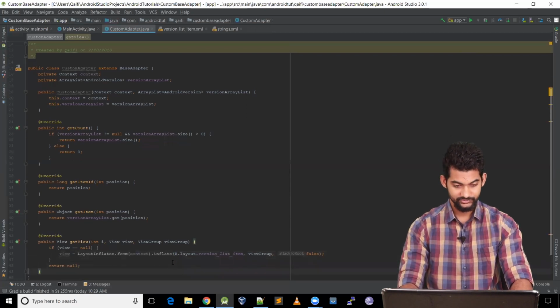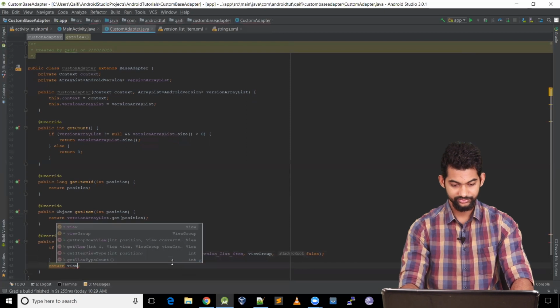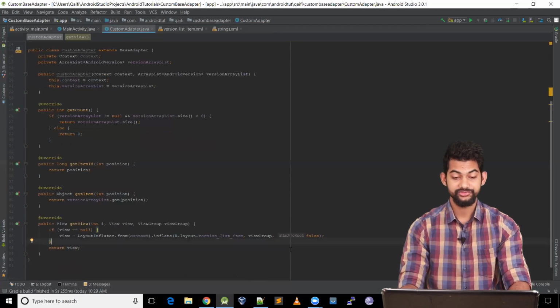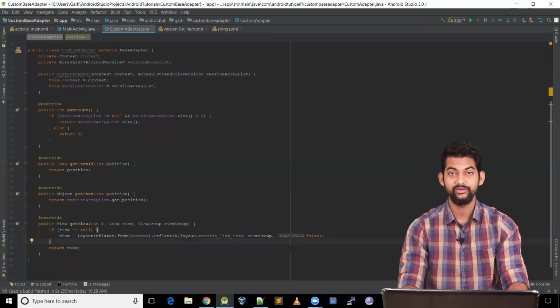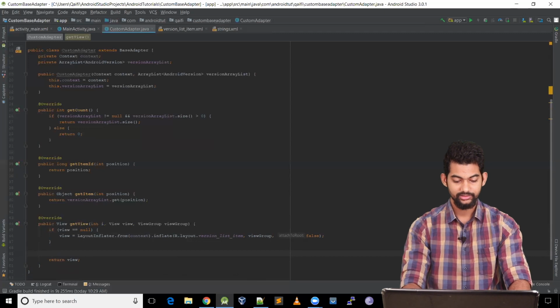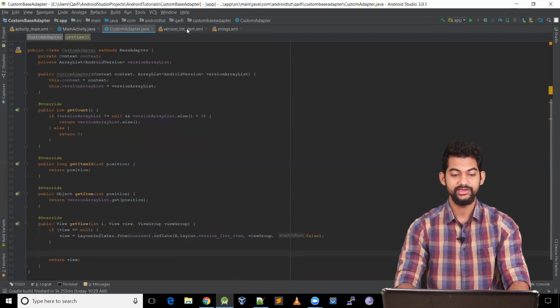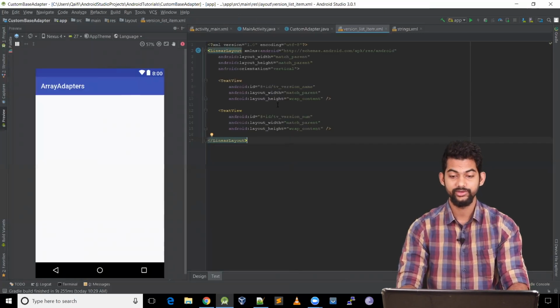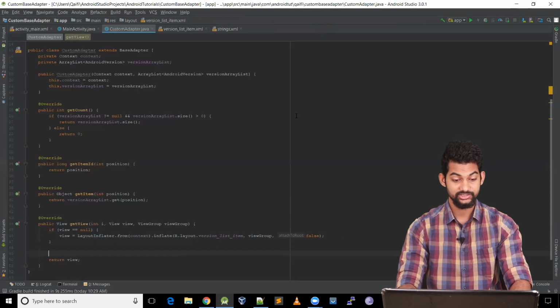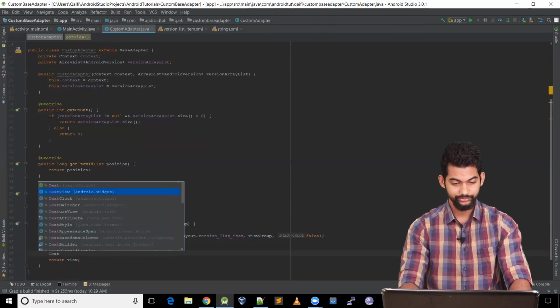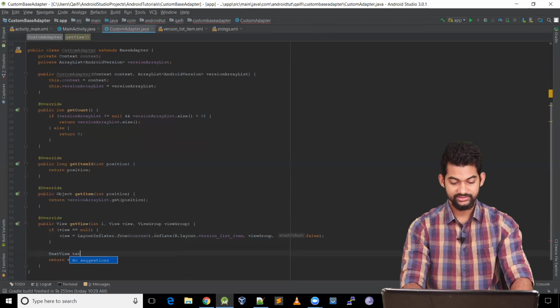Okay, so here let's just return the view. Well, our view is ready. So let's just set the values here. We would want to set the values from ArrayList to our view items. So let's do that. Again, we're going to need a reference of these two text views in our adapter. So let's do that. So TextView, let's call it txtVersionNumber